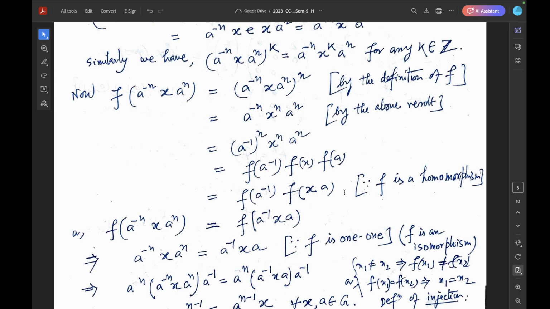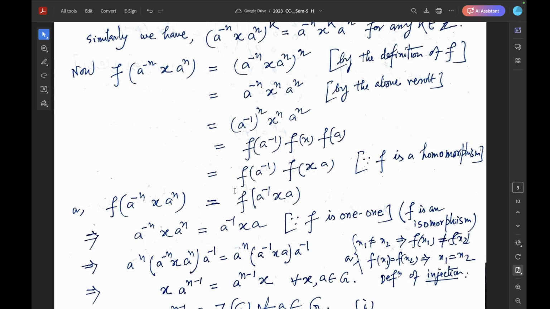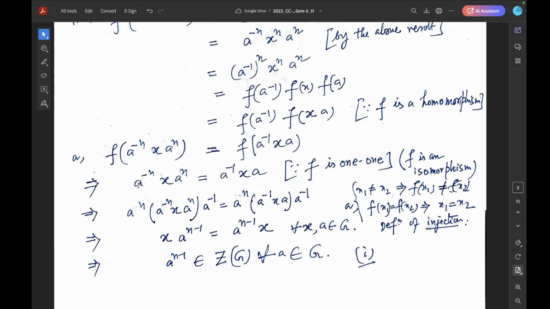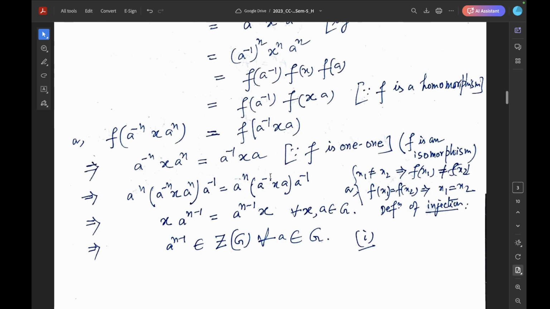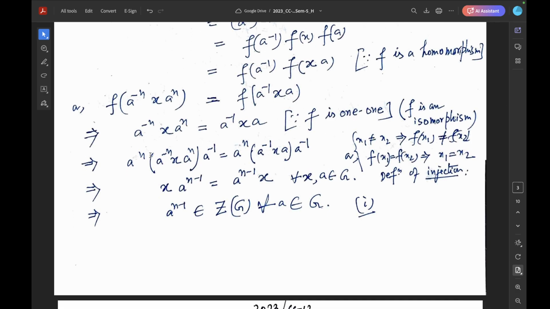Now, by the definition of homomorphism, f(x) into f(a) equals f(xa). And again applying this, f of a inverse x a. And so, a to the power minus n, x, a to the power n equals a inverse x a, because f is an injective mapping, since it is an isomorphism, so it is injective also. Composing from the right by a to the power n and from the left by a inverse, and so we get this,